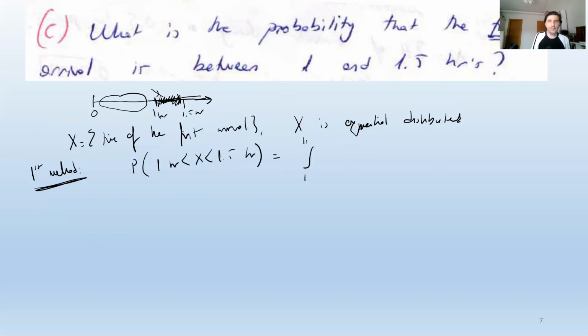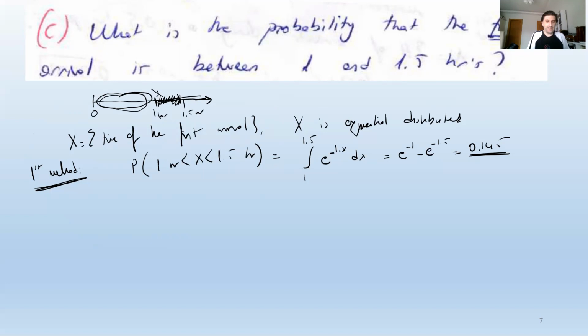So it's going to be from 1 to 1.5. We have exponential of minus, what was the lambda value? I think it was equal to 1, times x dx. So when you solve the whole thing, it's going to be exponential minus 1.5, and the result is this one. Straightforward. But note that this corresponds to no landing during the first hour, because X should be only between 1 hour and 1.5 hours.